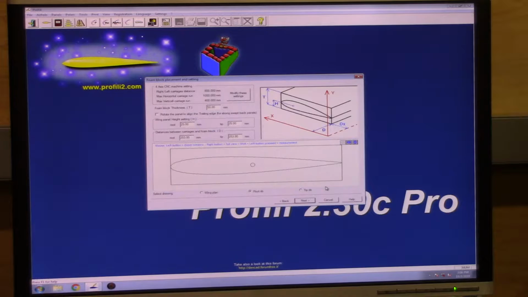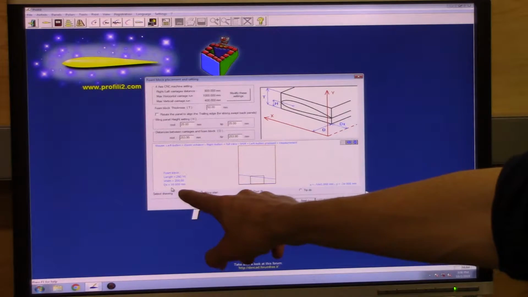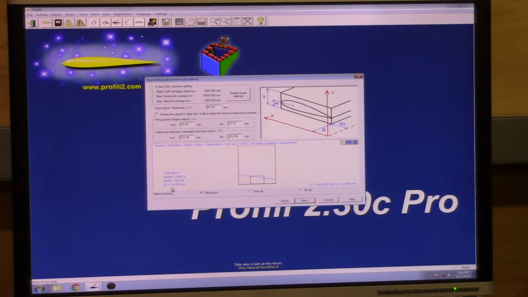The first one is the DX value, and we can see that by clicking on the wing plan and seeing right here, in this little area, our DX for this airfoil is set at 10 millimeters. This will be different for every wing according to taper and sweep and things like that, so make sure you come and check what this value is beforehand. So we'll keep in the back of our mind that DX is 10 millimeters,